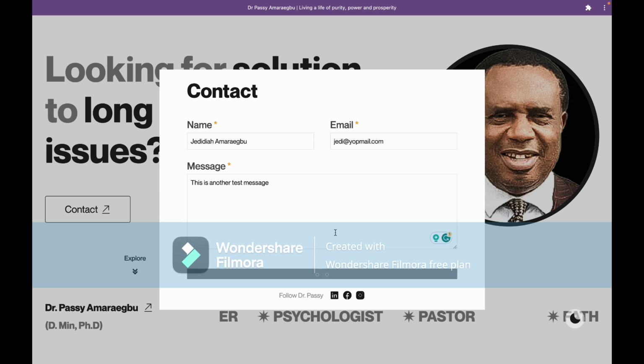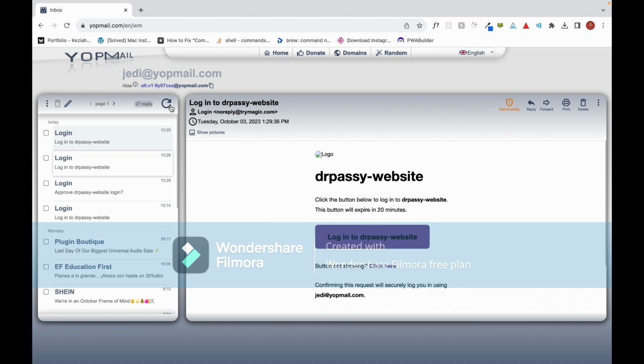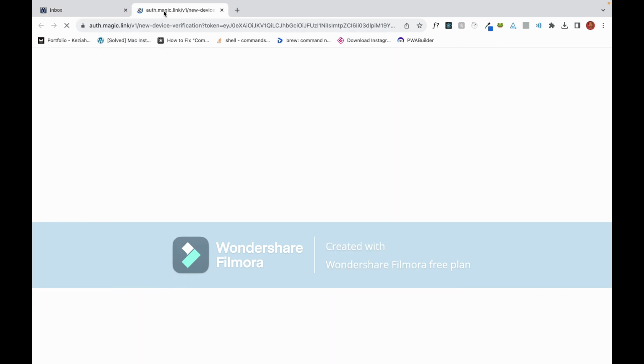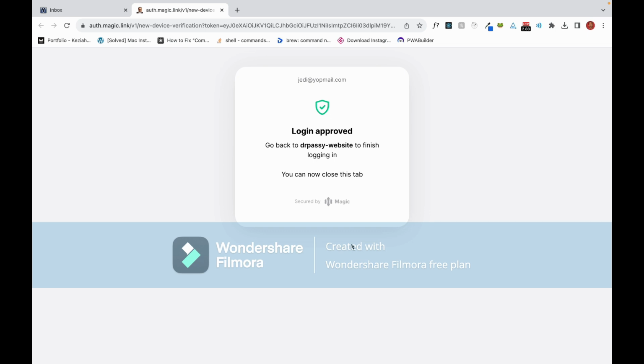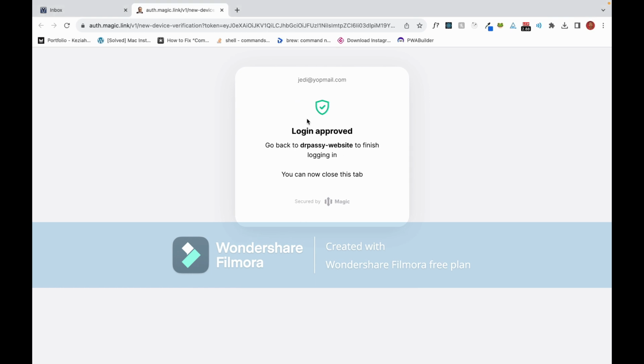because I'm not logged in, I'll be prompted to log in. This is my first time using this email on this site, so I'll be asked to first of all acknowledge that Magic wants me to, and it's me that's trying to log in. We wanted user interactions on this website to be authentic, not have a user just come and use an email address and send a message or drop a review. So that's another reason why we decided to use user authentication here.